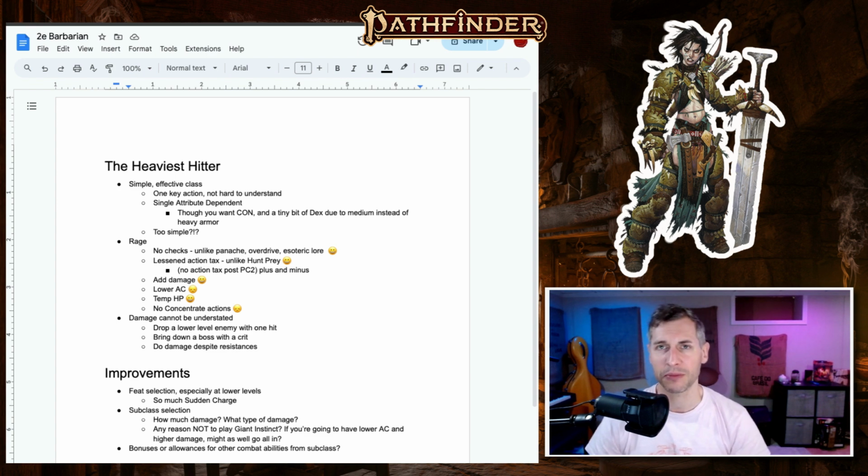When it comes to the different subclasses, each one does a slightly different amount of damage and different types of damage, and I find that it's nice that there's so much variation, but it can be a bit confusing and hard to remember. So maybe having something like a consistent damage but of different types or something like that could help out. I also always wonder about the balance between subclasses, and especially with Barbarian, it's like, is there any